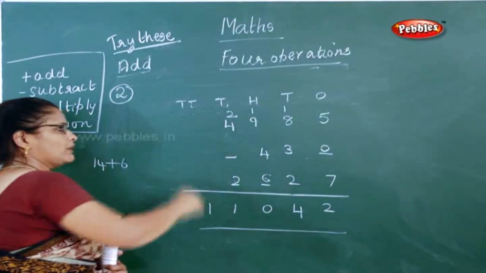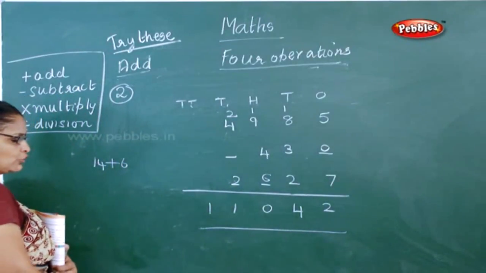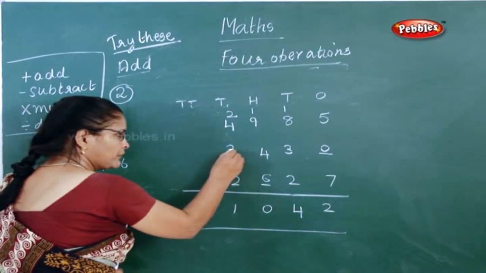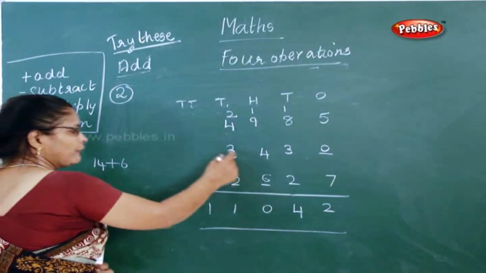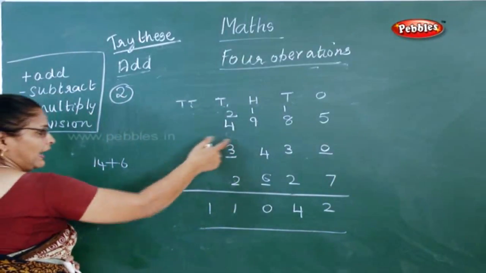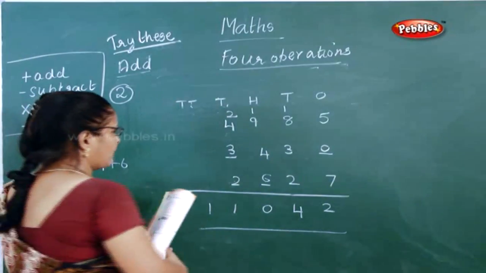Now 4 plus 2 is what? 6. 6 plus 2 is what? 8. But here 11 is given. So 11 minus 8 is how much? 11 minus 8 is 3. So you have to put 3 here. So you have to replace the digit. Just count, minus this number and put the digit here. Is it clear? Now one more sum with the same model.